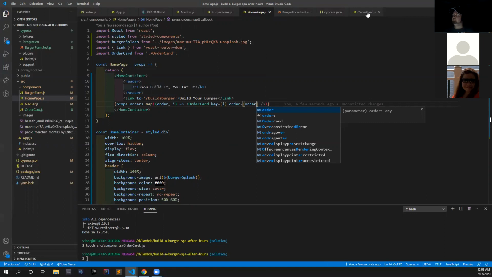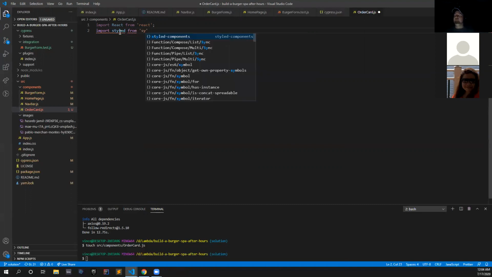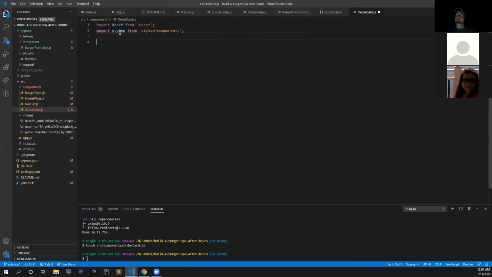All right, now let's get our order card going. Import React from React. We'll go ahead and import style components as well. I'm not going to do a ton of styling on this, but I want to do at least a little bit. So const order card equals. We're only taking an order, so I'm going to go ahead and destructure that order. Return,